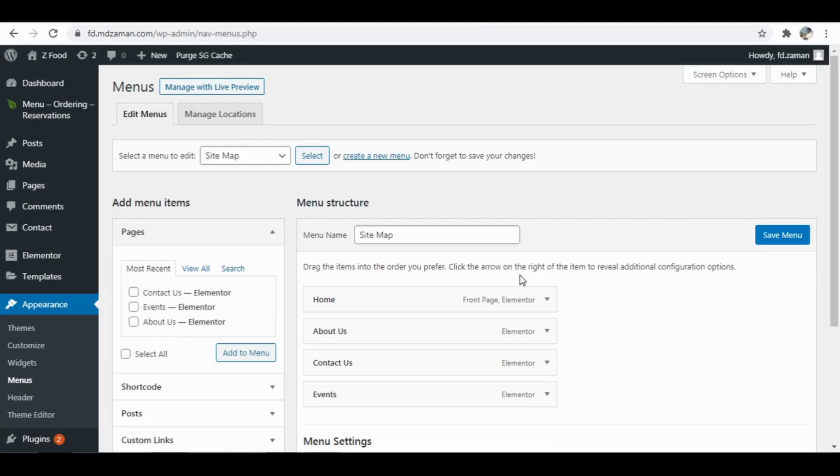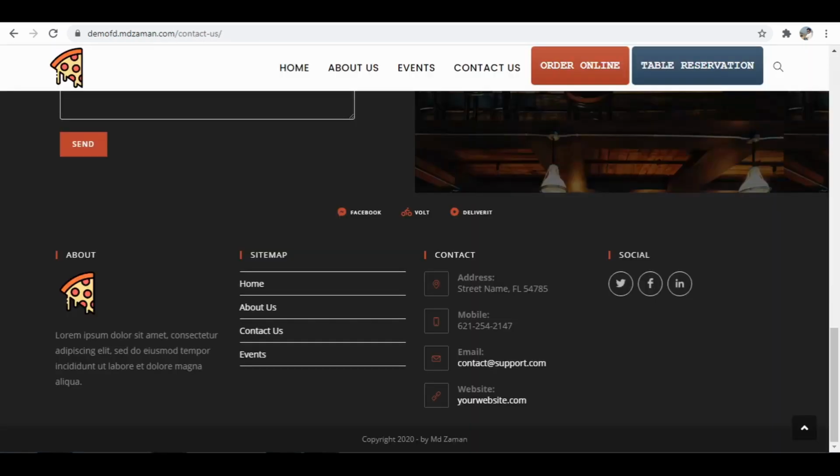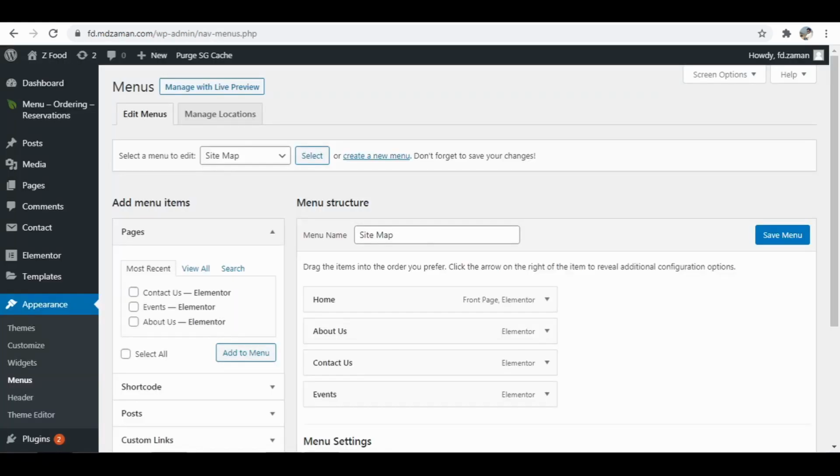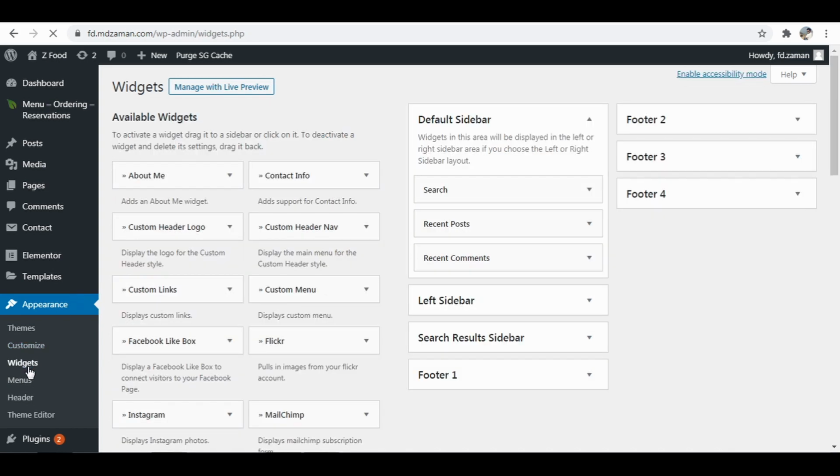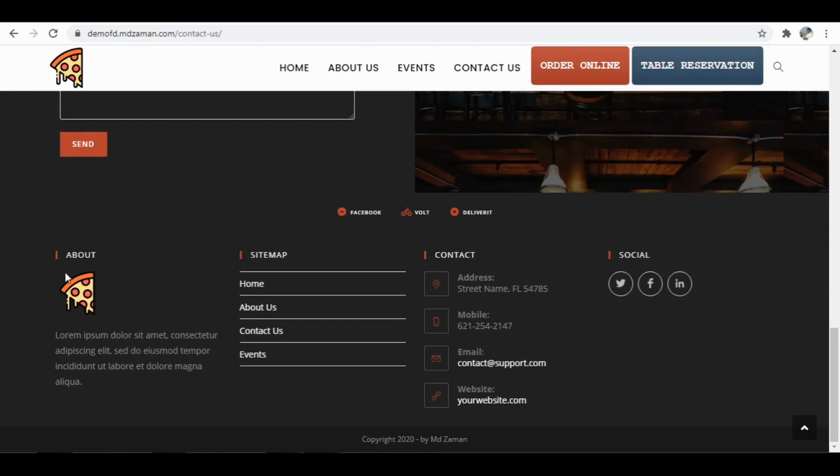And now that we are done with our menu, we are going to create the footer bar of our website. It is this part of your website, this part. Now come back and hover to appearance and go to widgets. Now let us see how we have it in our demo website. So in the first column we have this menu and then some text. So I'm simply going to copy this text from here,